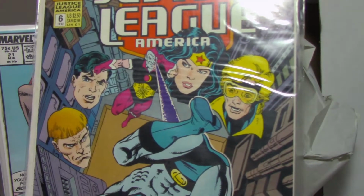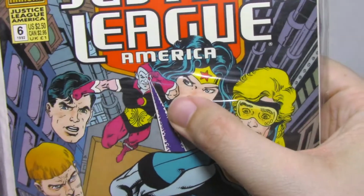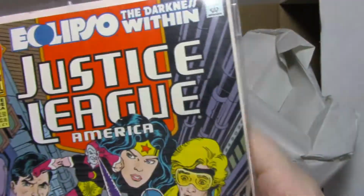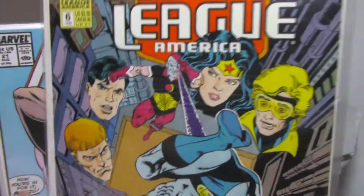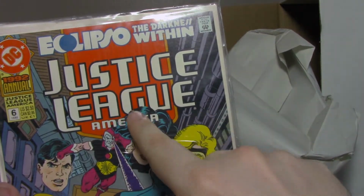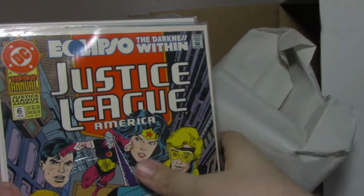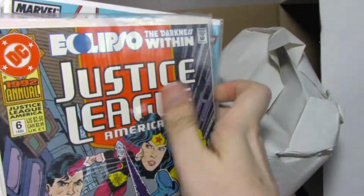I don't remember it all, but I definitely remember there was a crossover trying to build up Eclipso as a big villain. He was just this lame-o who had a gem over his eye that could shoot laser blasts, but they tried to make him a big bad guy. I remember that because during the crossover, at least the first issue, it had sort of a toy plastic purple gem glued onto the cover, which looked cool, but of course comics come stacked when they're shipped, so every issue had an indentation on the back. There was a huge indentation from those stupid little fake gems. Anyway,